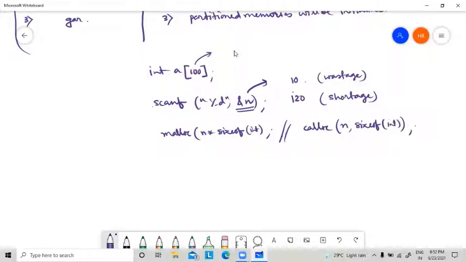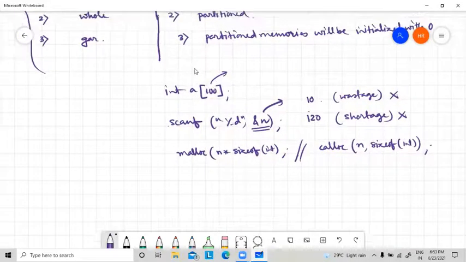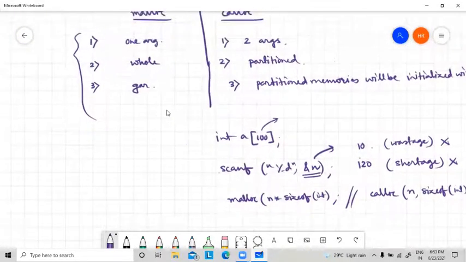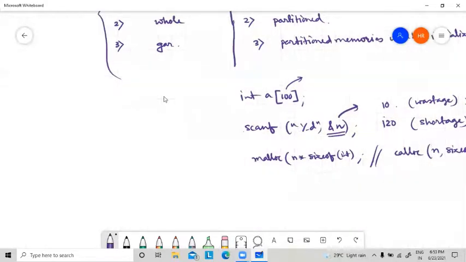Then there will be no wastage, no shortage. That's why the malloc and calloc functions are very useful in dynamic memory allocation. This is more useful to utilize your memory. But there is some basic difference, and according to that you have to use your malloc or calloc function.